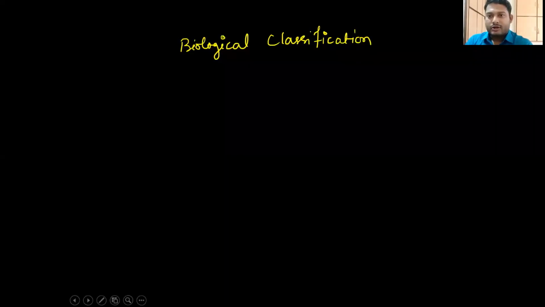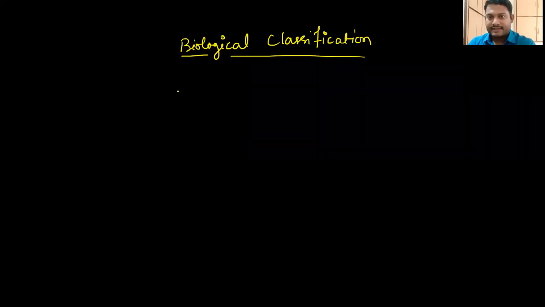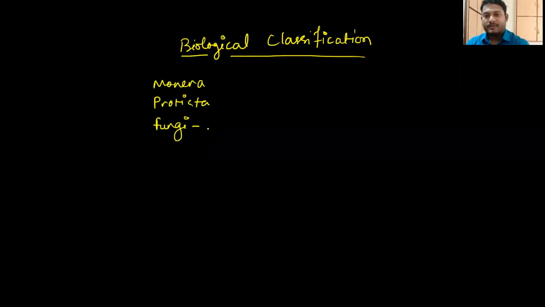So by now we have been talking about this particular chapter, that is biological classification, and we are talking about the different kingdoms. We have completed the kingdom Monera, we have completed kingdom Protista, right? And we have also completed the kingdom Fungi, also known as kingdom Mycota. In these, we have talked about the general characteristics, the mode of nutrition, the habitat, and certain classes that they are further classified into. For example, in fungi, we talked about certain classes.